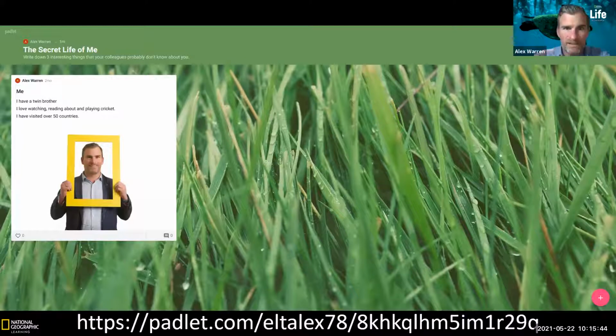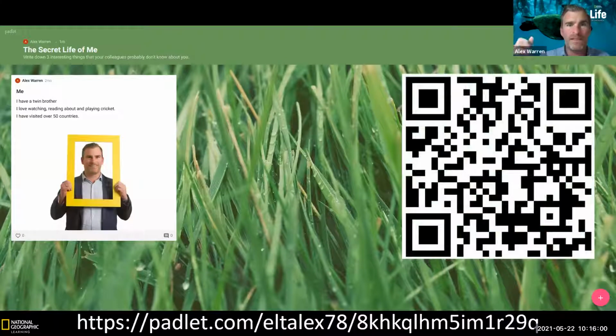So I send this out to my students, and then they add in 3 things that nobody knows about them, or 3 secret things, or 3 relatively unknown things about them. So this is a live Padlet, okay? So what I would like you to do is scan your QR code if possible.